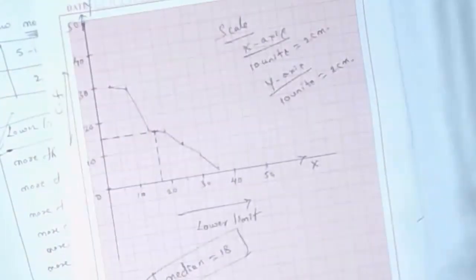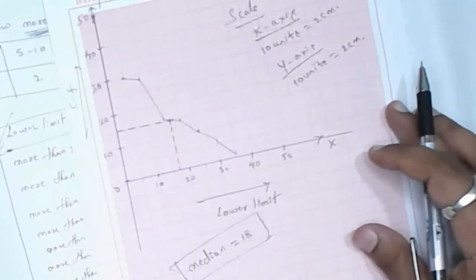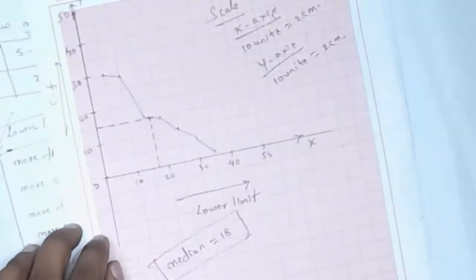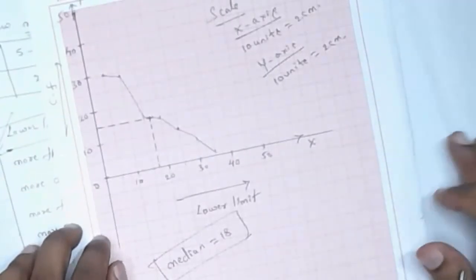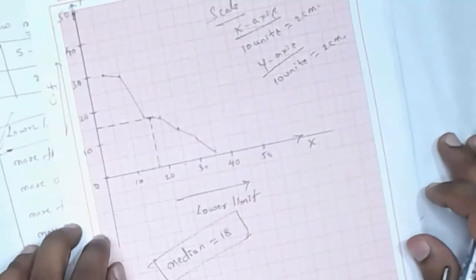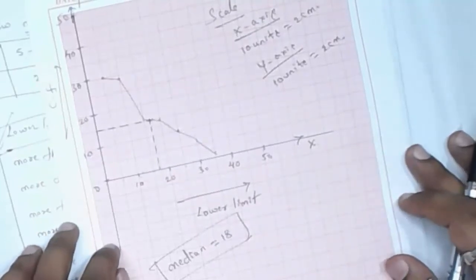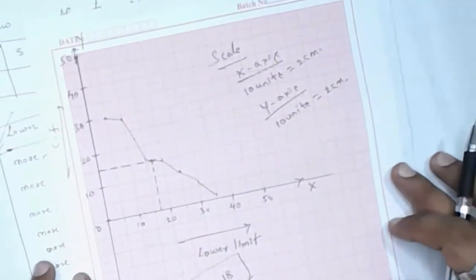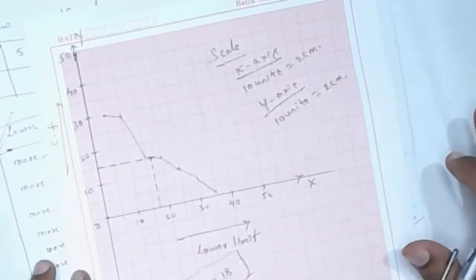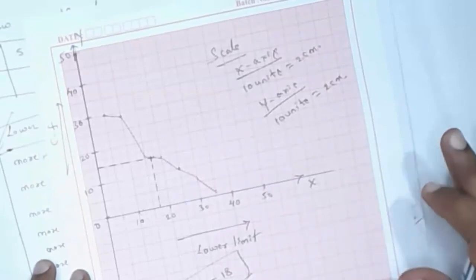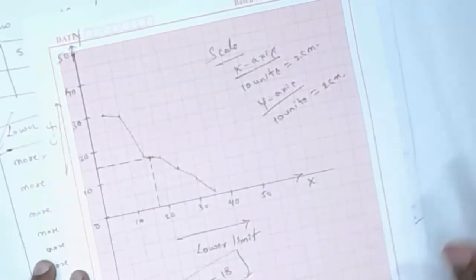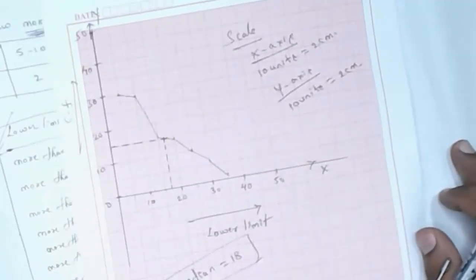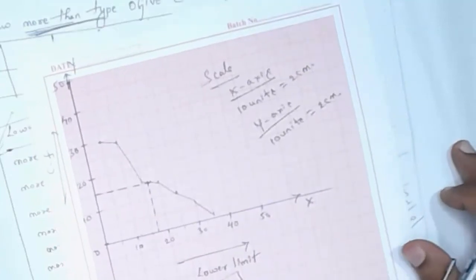Okay, but anyhow, wish you all the best of luck. We have done the sum based on less than type and more than type, and also I would like to tell you people from your exercise, last 3 questions are there. I want you to try all the 3 questions because all the 3 questions are very important. On those 3 types also, better you solve both methods, less than type as well as more than type. In both the methods you solve all the 3 problems and practice and keep. So definitely you can expect one question out of this less than type curve or more than type ogive curve.